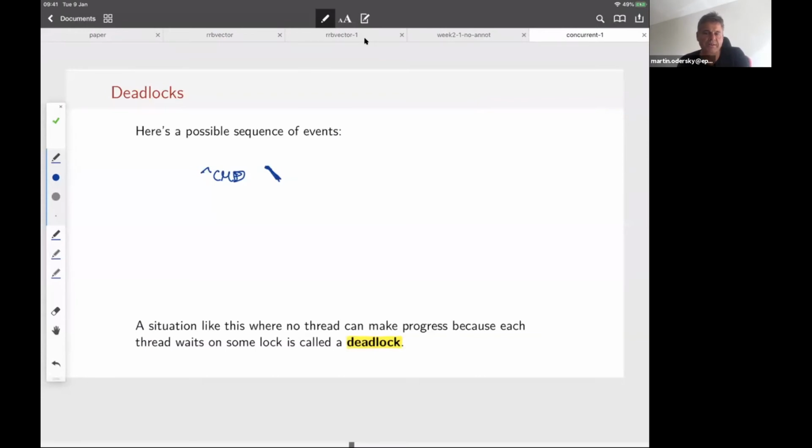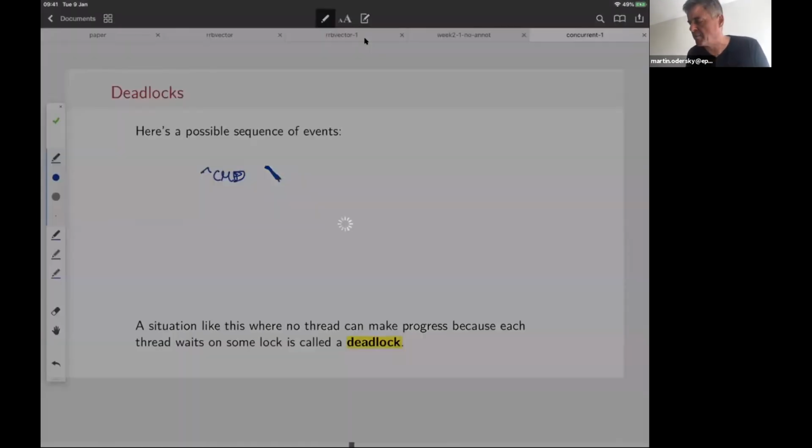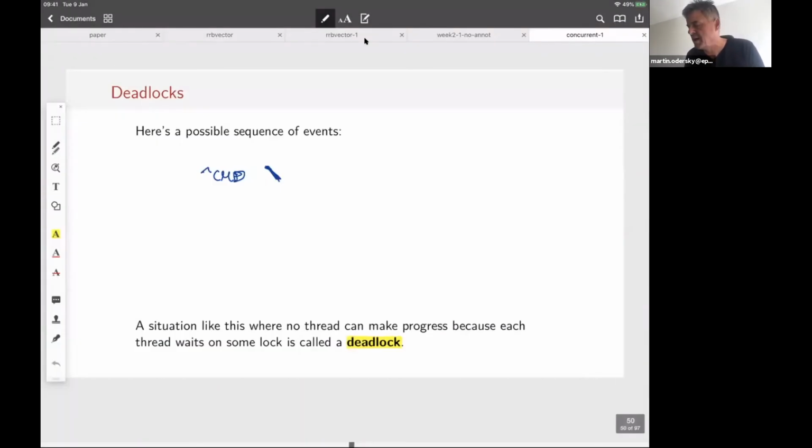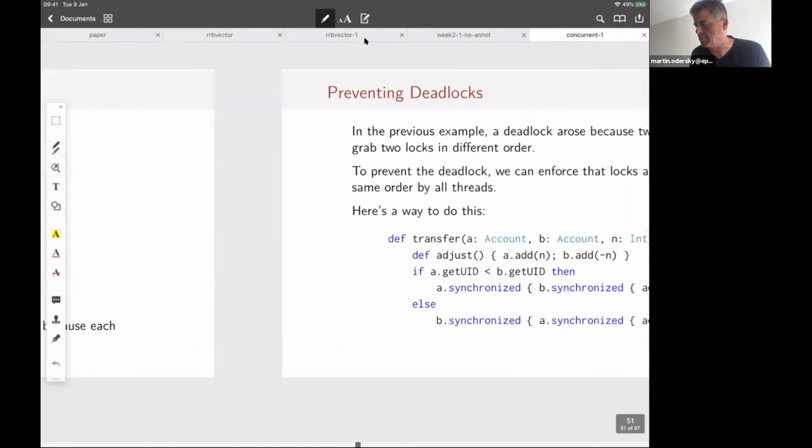So even though deadlock seems to be a lot scarier than a race condition, deadlock is already a very scary name, it's actually easier to debug. You typically see when it happens, you just look at the stack traces and you see where it is. Whereas a race condition is much harder because it's some behavior that does something in unpredictable ways every full moon or so. So it's much harder to trace down what that is. But nevertheless, of course, a deadlock is a real problem. Your program will just stop working, and as such, we need to avoid it.